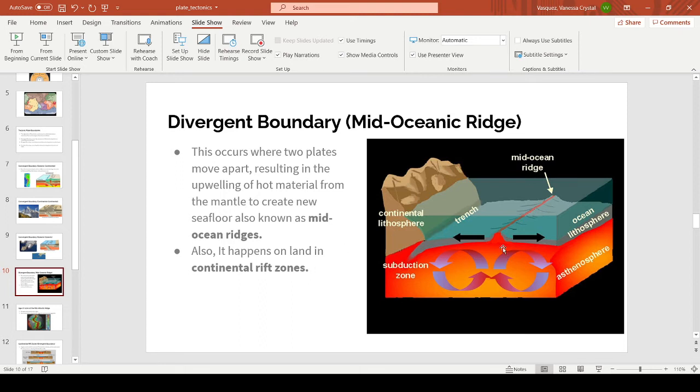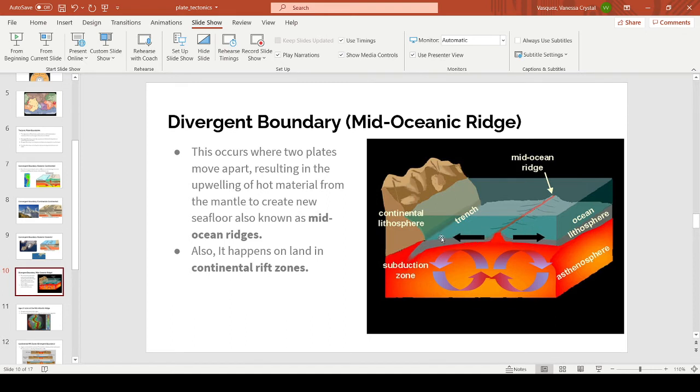So for the mid-ocean ridge, this occurs where two plates move apart, resulting in the upwelling of hot material from the mantle to create new seafloor, also known as mid-ocean ridges. So we have the magma rising, and the lava erupts, and it's forming new oceanic crust at the mid-ocean ridge. And as this new oceanic crust is forming, it is pushing the old oceanic crust outward, and where the old oceanic crust